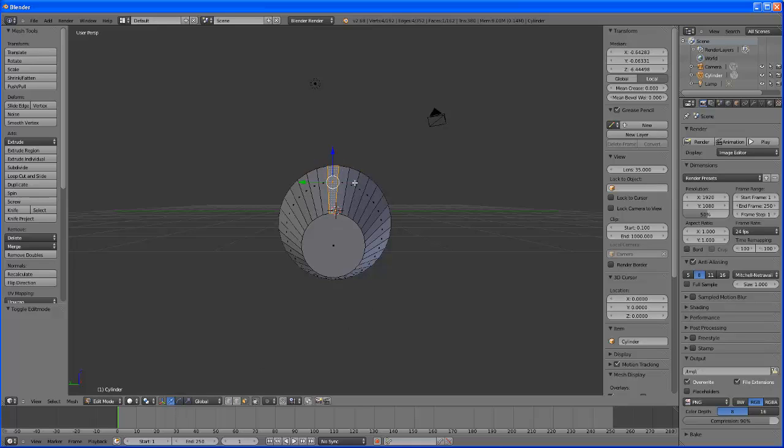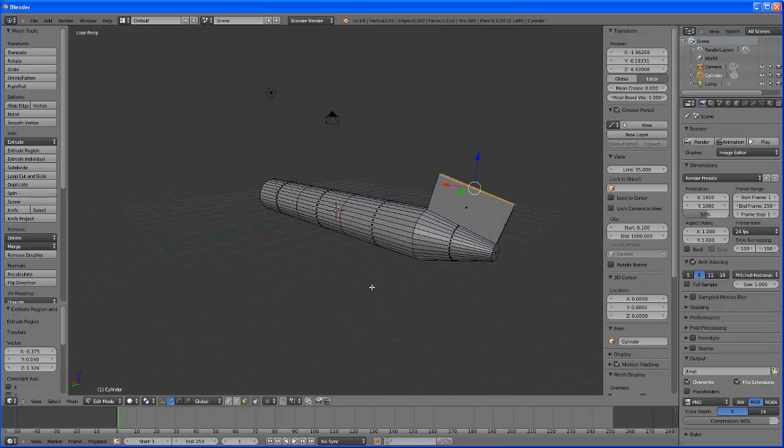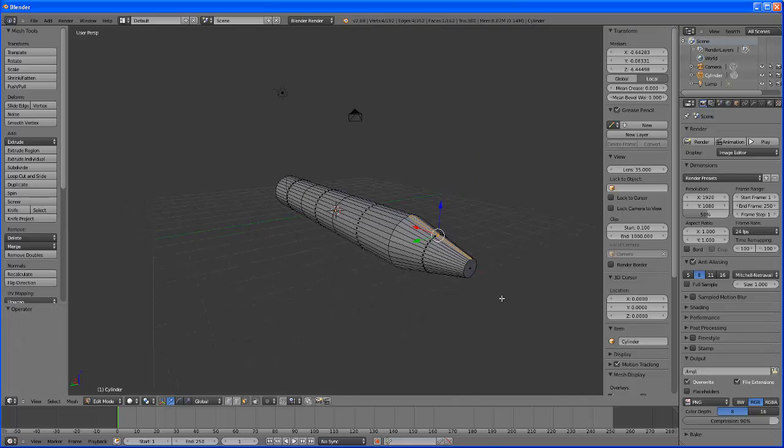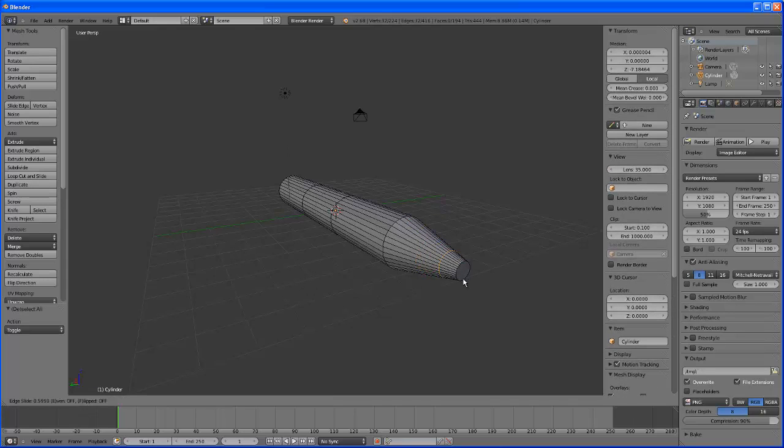and select the face that's going straight up, and we are going to extrude that individual section just like that. Now if you want to be a little more accurate with your airplane, you don't have to do this, but let me do it real quick for those who want to. I'm going to loop, cut, and slide just a couple more times right on here because the wings on the tail don't go all the way back usually. So I'm going to have it be right there, and